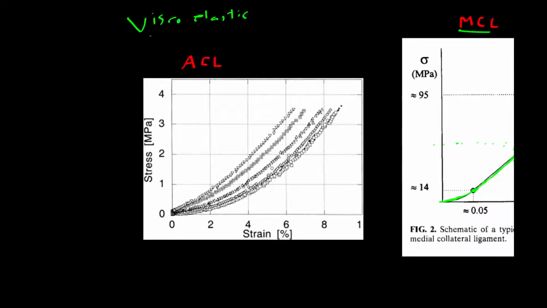They also have this viscoelasticity property. They're also viscoelastic. And unfortunately, this plot is not labeled too well, but in these ACL tendons, this is what happens when you load the ACL at a low loading rate. And this is what happens if you load the ACL at a high loading rate. And just like with tendons, this is good from an avoiding injury perspective because it means that if you load a ligament really suddenly, like if you get tackled, like if you roll your ankle, like if you take a weird step when you're lifting,